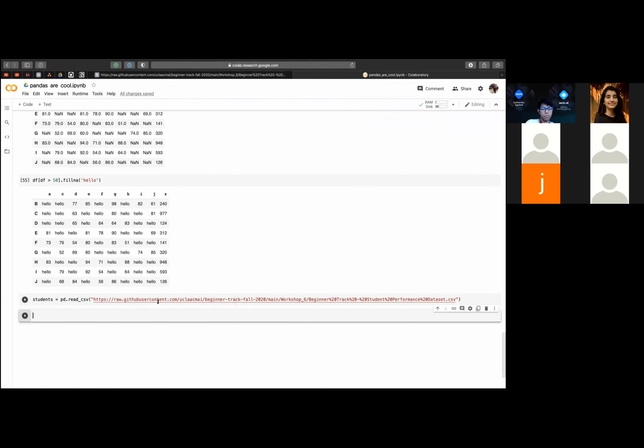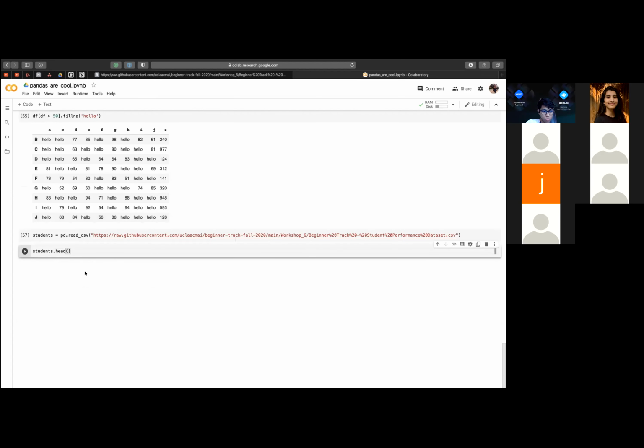The read CSV command is a lot more than just what I'm showing you right now. There's a whole bunch of arguments that you can pass into read CSV that you could use to manipulate the data as you read it in. We won't get into all that right now, but when you get a chance, guys, go ahead and check out the documentation for pandas. Really in depth, really useful. Always a good thing to do. All right,